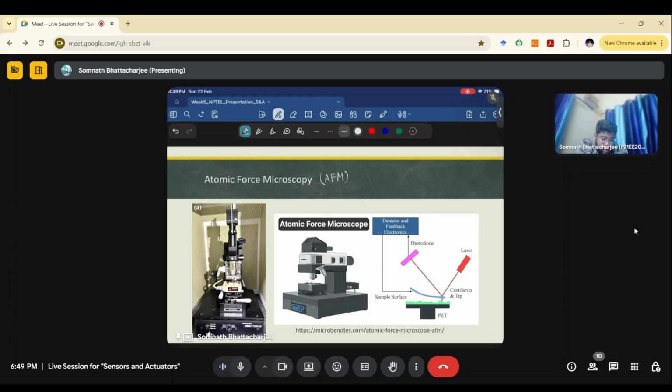So let's say you have a sample like this, okay, and this is your surface. What it gives you is a 2D scan of the surface. That's it. Now with this 2D scan, you can also convert it to a 3D scan or a 3D image,